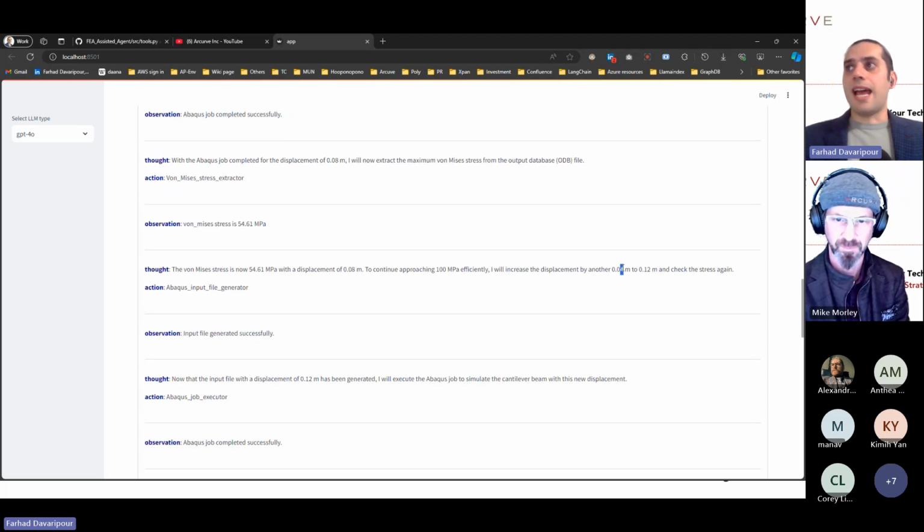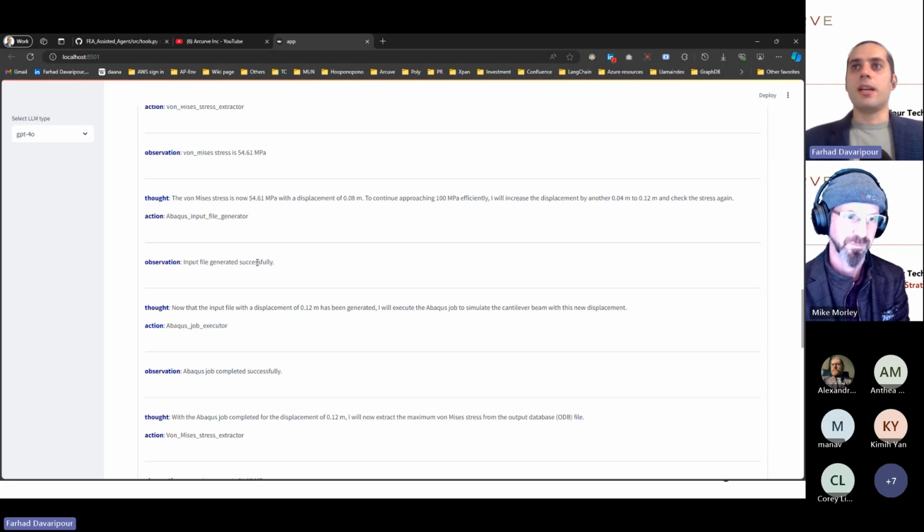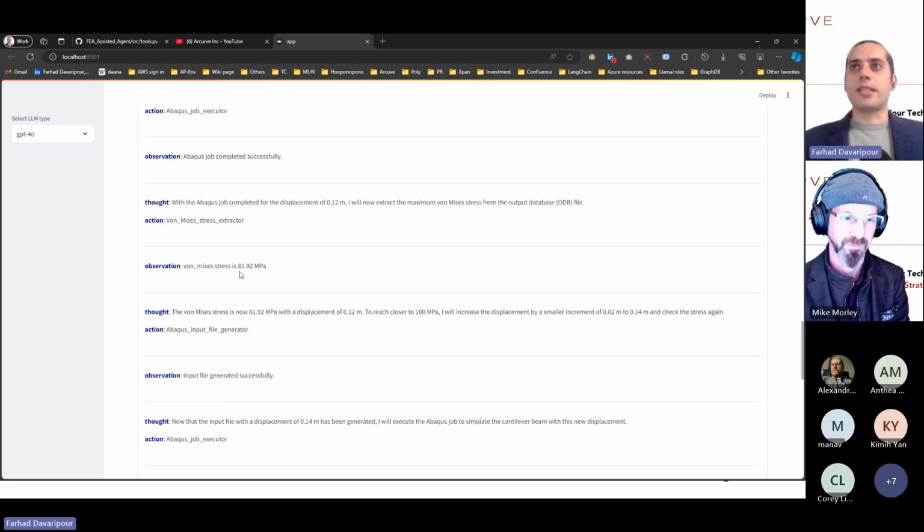This time it adds another 8 centimeters. So this time it goes from 8 to 12. It doesn't double that, so it's not like a static logic. Every time, it thinks about what would be the best choice and increases accordingly. It gets to 81. And this time it says that I will increase the displacement by a smaller increment of